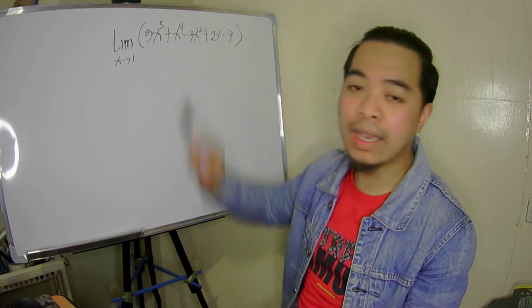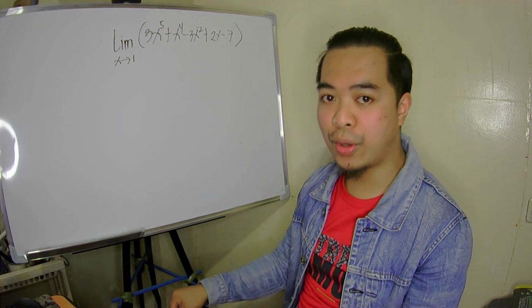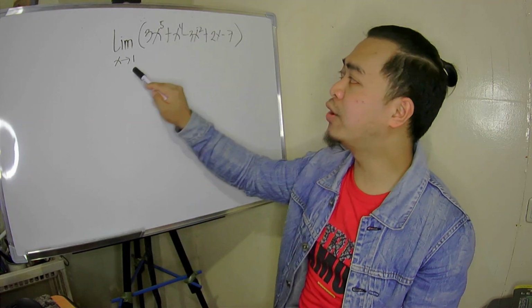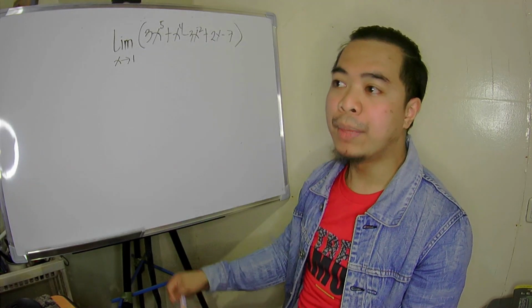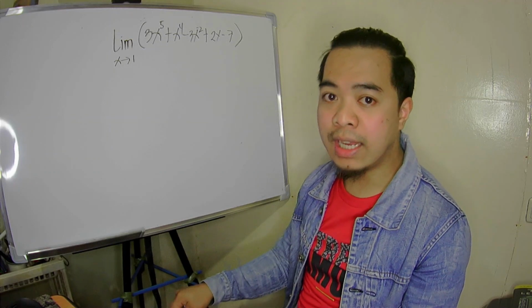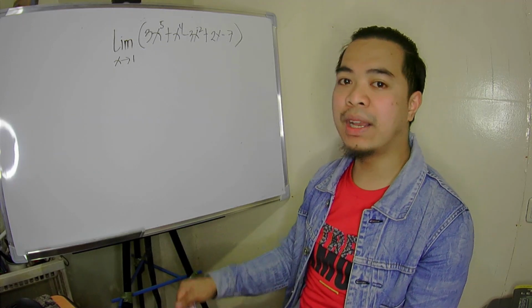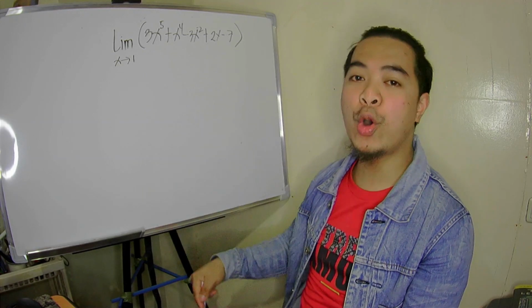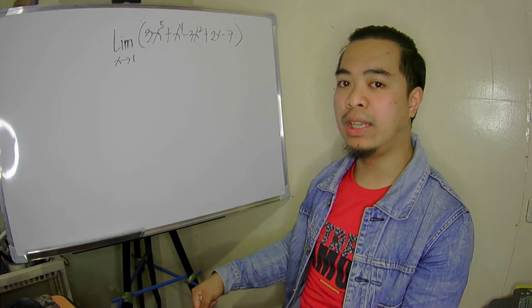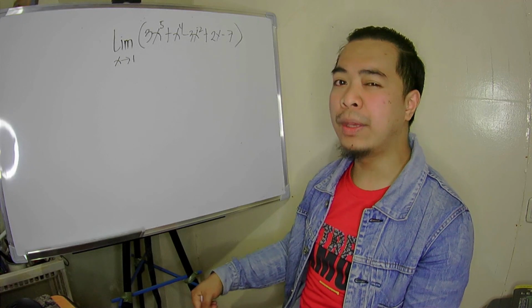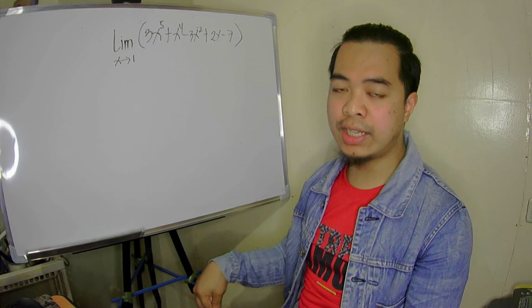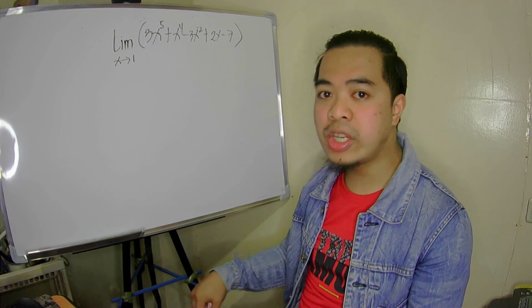So, we can actually use substitution. The value of this limit is just the value of the function at x equal to 1. Pero kailangang magbigay ako ng warning na hindi lahat ng pagkakataon ay pwede natin i-substitute. Actually, we specified na for polynomial functions. Actually, not only, no, pero merong iba. So, this is a general strategy.